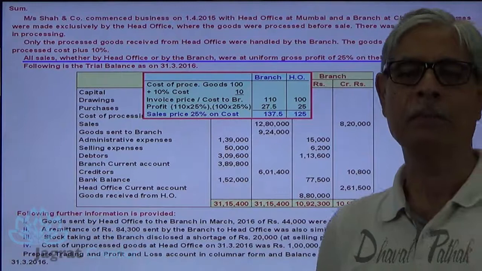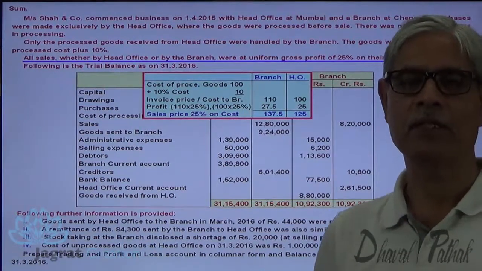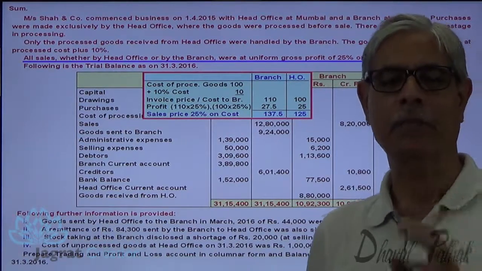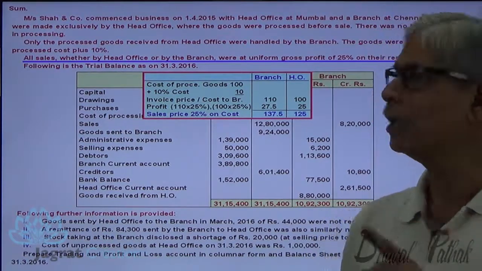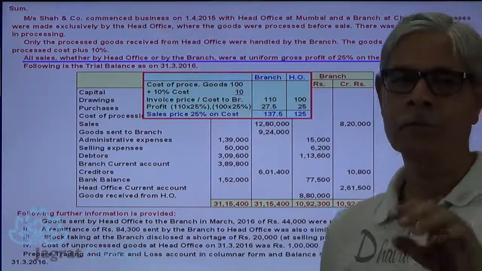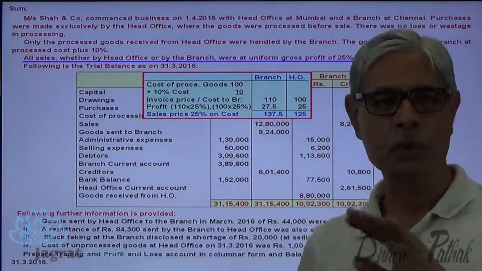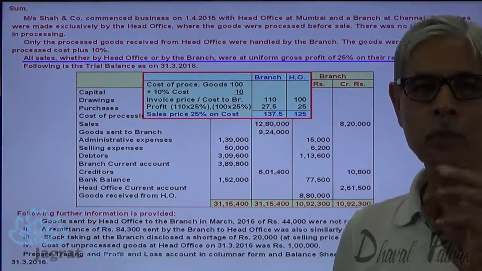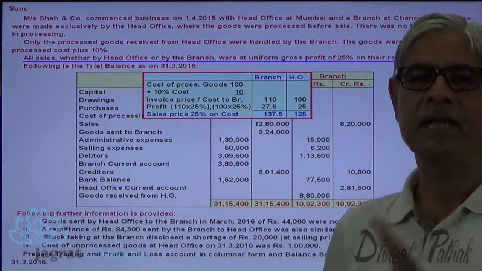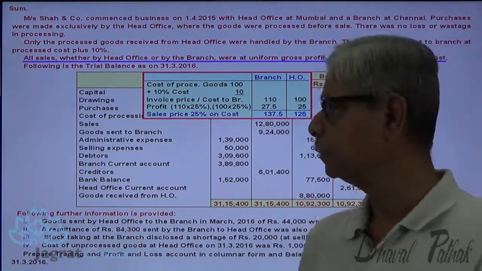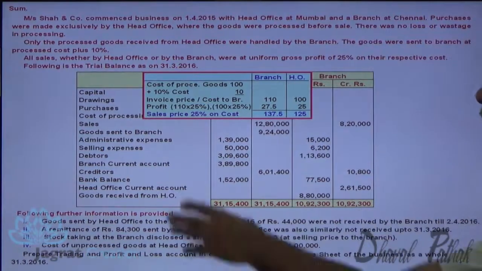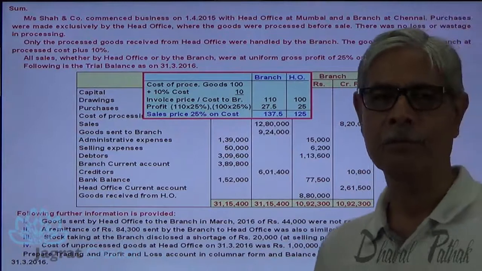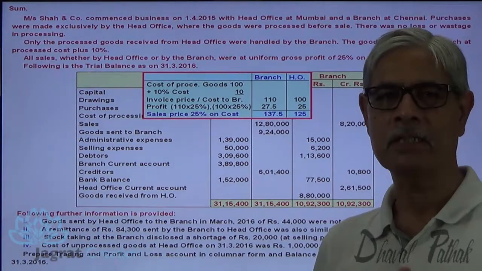Whenever you are given the percentage of profit in this fashion, generally, closing stock or opening stock may be the missing item. Here the branch has started in the current year. So there is no question of opening stock, but the closing stock of processed goods is the missing item that we should observe. So this is an introductory explanation about the policy matter, how the goods are invoiced to the